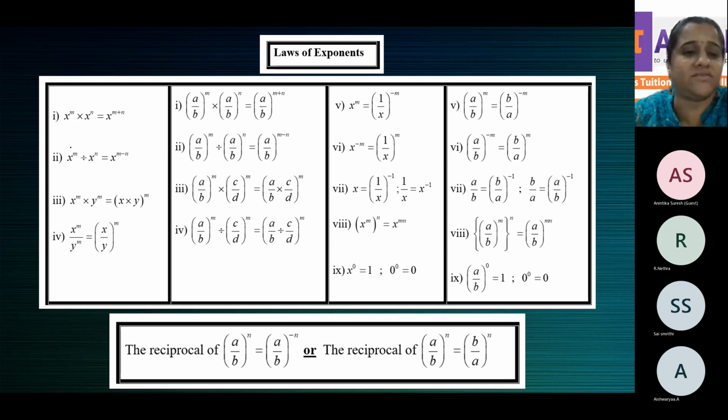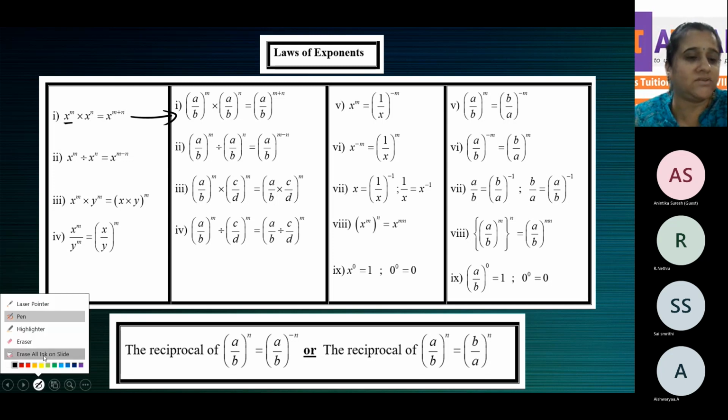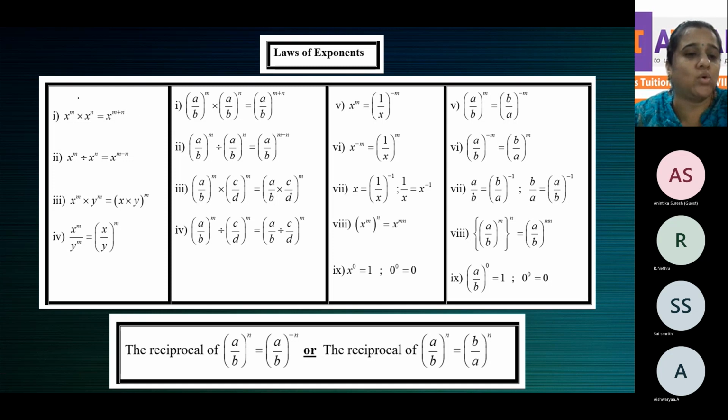The same thing. So the same is here. Instead of x, I've taken a by b. See, it's the same. Some schools write the rules like this, some other schools write the rules like this. So these are the same. Instead of base x, I've taken the base a by b. If a by b is the common base,